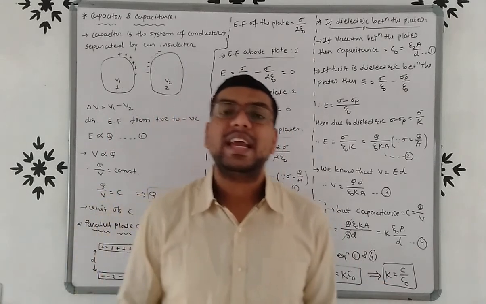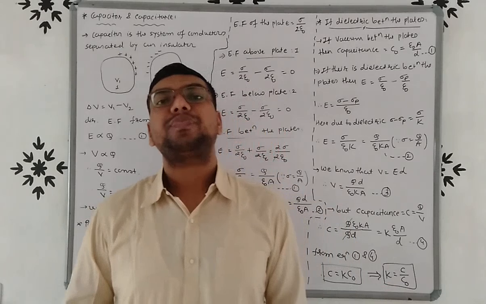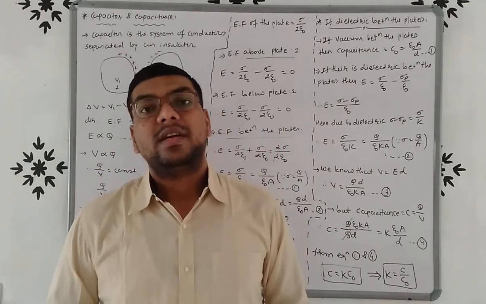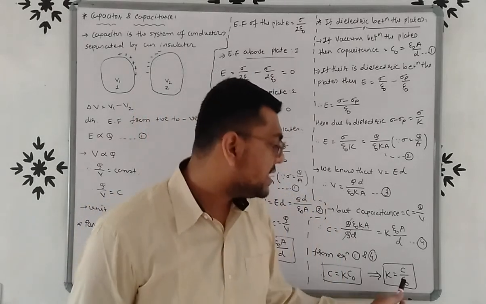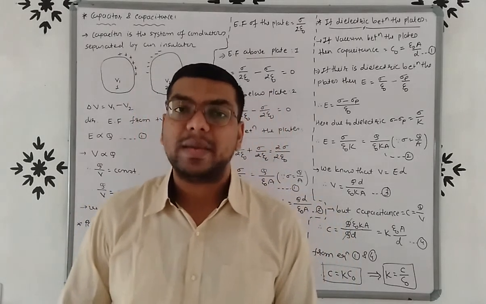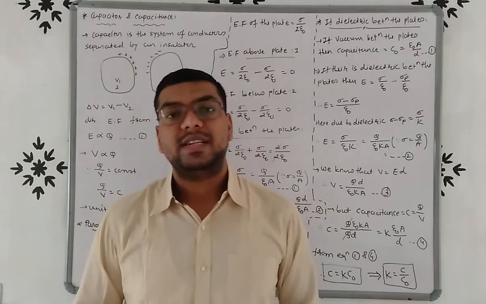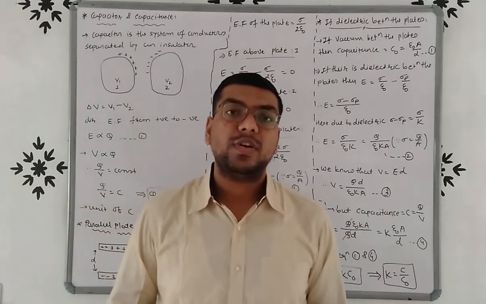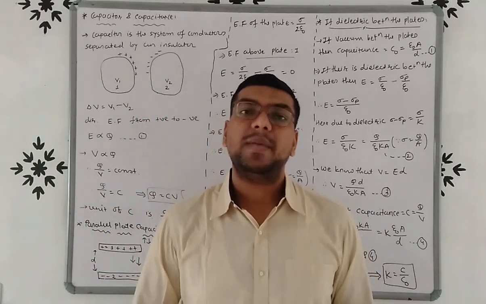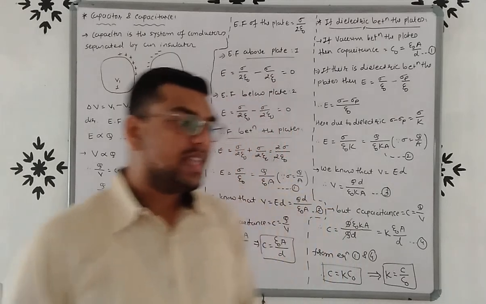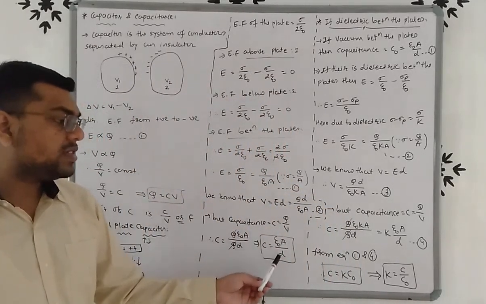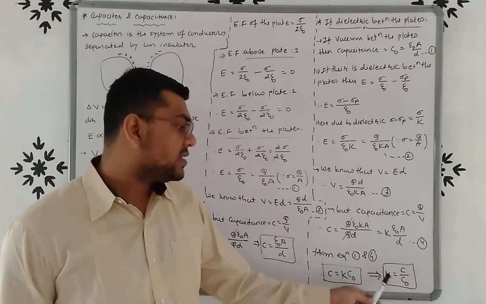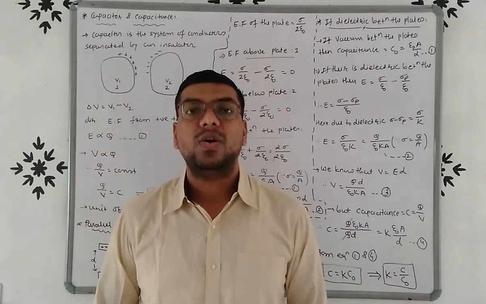Here K is the dielectric constant, C is the capacitance of the parallel plate capacitor when a dielectric is between the plates, and C0 is the capacitance of the parallel plate capacitor when vacuum is between the plates. So friends, this is a very important topic for your examination. You have to remember the formula. When vacuum is there, capacitance C is equal to epsilon 0 A by D. If there is a dielectric, then C is equal to K C0, or you can say K is equal to C by C0. Okay friends, thank you.